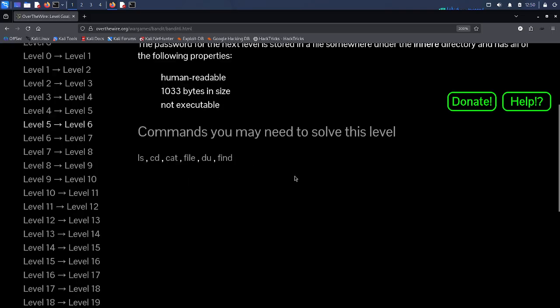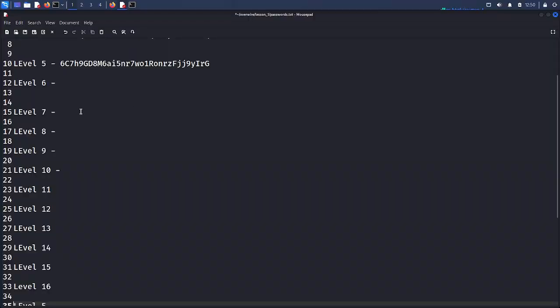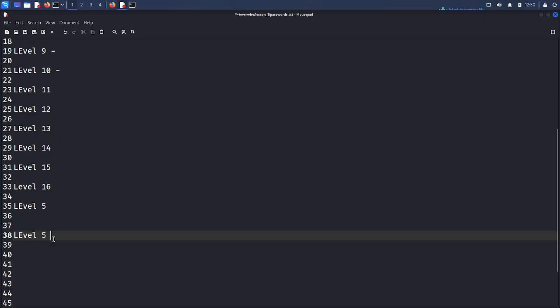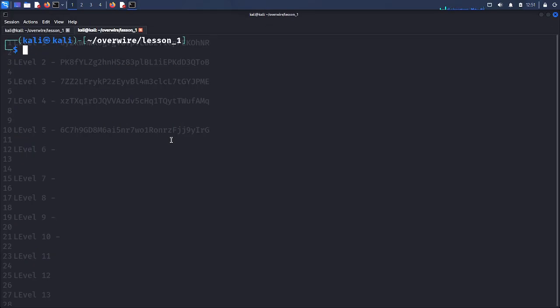Now, here are some commands that are going to be used for this level. And if you haven't watched the first one, basically what we're doing is we're trying to find the password for the next level, and then we can SSH into the next one. Enter into the level, find the password. I've been waiting, so I haven't been doing all of them, but we're going to do all the way to level 16, maybe? Actually 15, maybe 15, I don't know, but I'm super excited